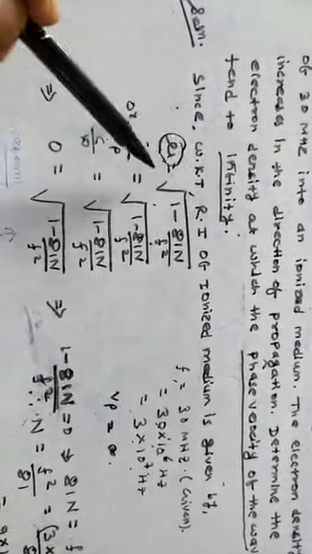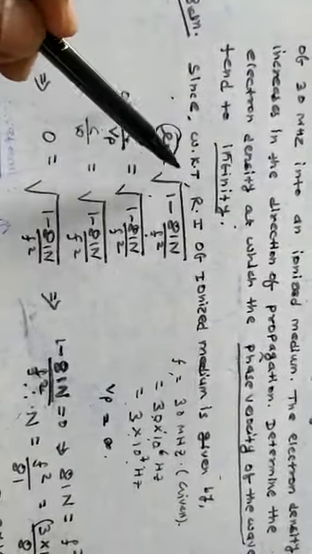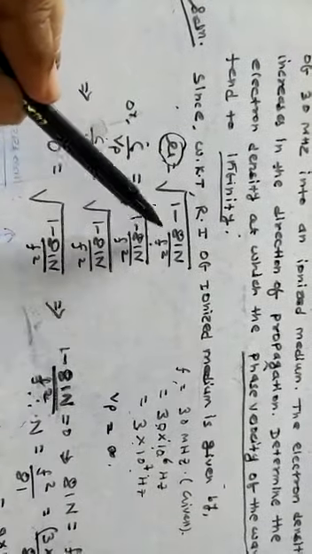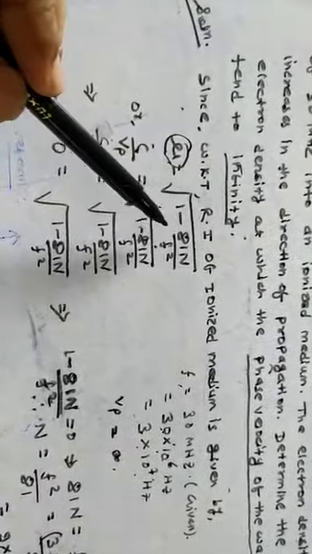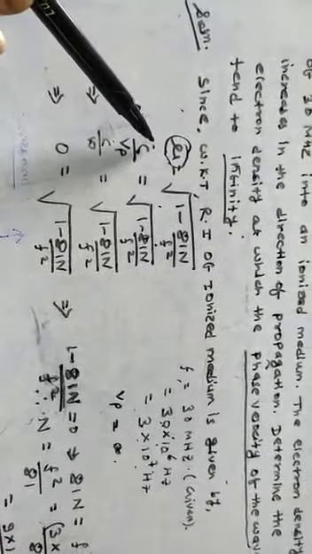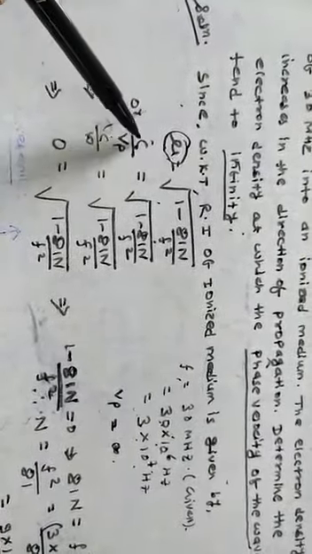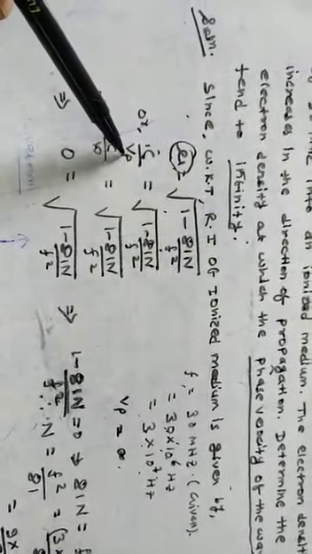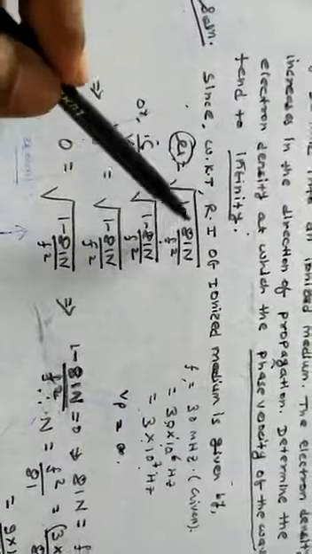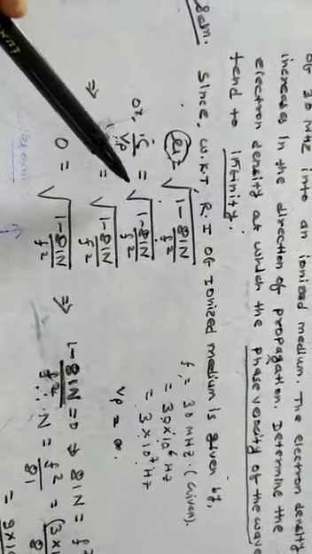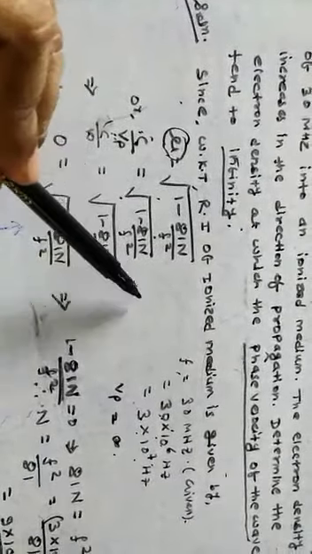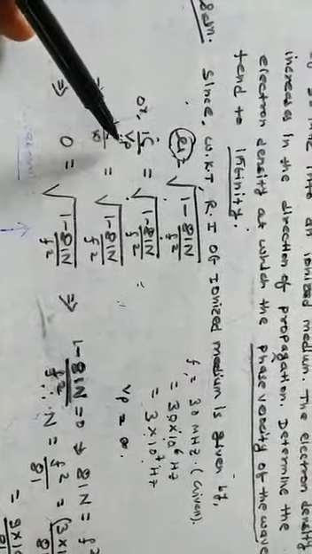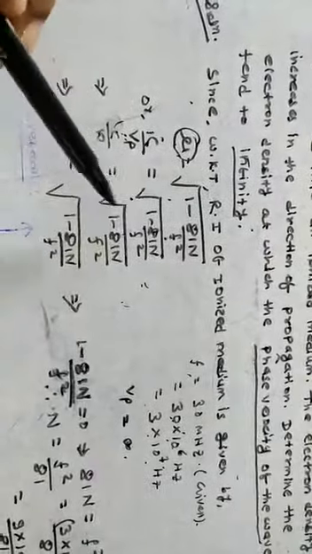So when you have established the ionospheric refractive index for the given ionic concentration, that is root over 1 minus 81N by f square, this is also equal to C upon Vp, where C is the speed of light and Vp is the phase velocity. So you can equate the refractive index with C upon Vp, which is also equal to sin i upon sin r. Now I am writing here C upon Vp equals root over 1 minus 81N by f square.